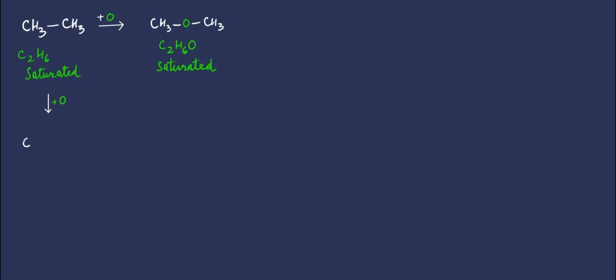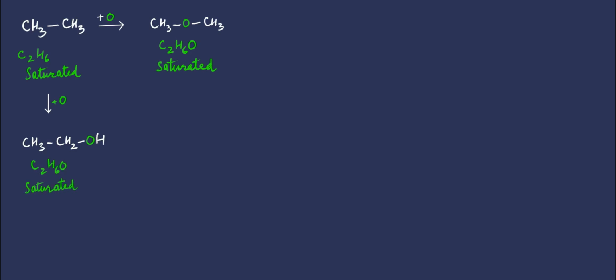Similarly, this molecule has molecular formula C2H6 and is saturated. If we add oxygen in between 2 carbons to form ether, with molecular formula C2H6O, it is still saturated, as number of hydrogens remains same. Alternatively, if we insert oxygen in CH bond, to form this alcohol molecule, with molecular formula C2H6O, it is still